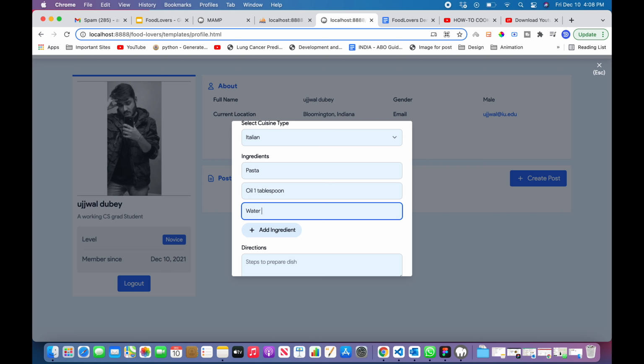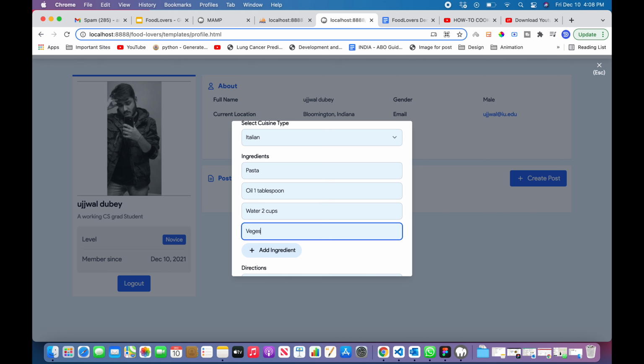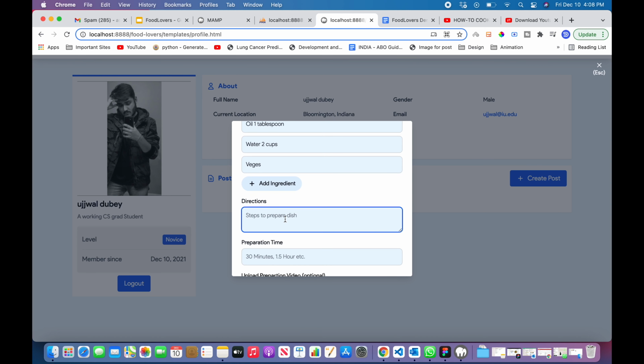Then I need water, 2 cups. I need veggies. So boil pasta in hot water, put maybe 1 tablespoon of oil and cut the veggies